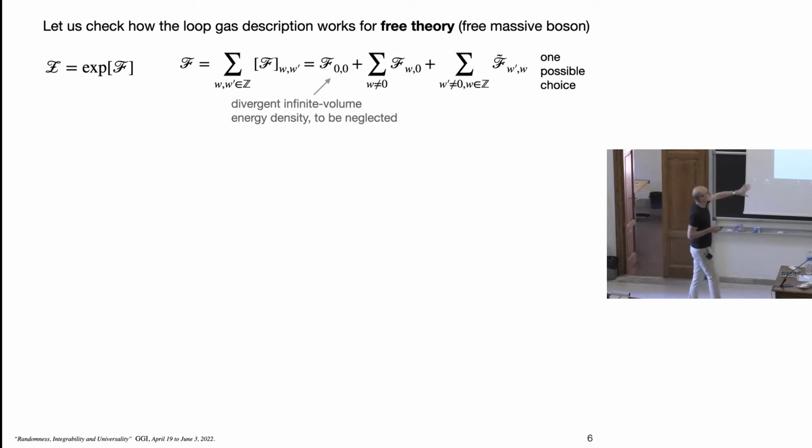And it contains the first term, which is loops without any winding. So this sum is divergent. This is the contribution of the infinite volume, when we have infinite volume, and this gives the infinite volume energy density, which is infinite also. And then we can organize the sum in this way.